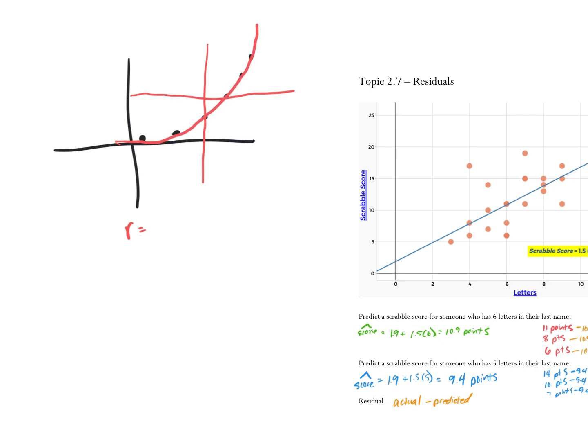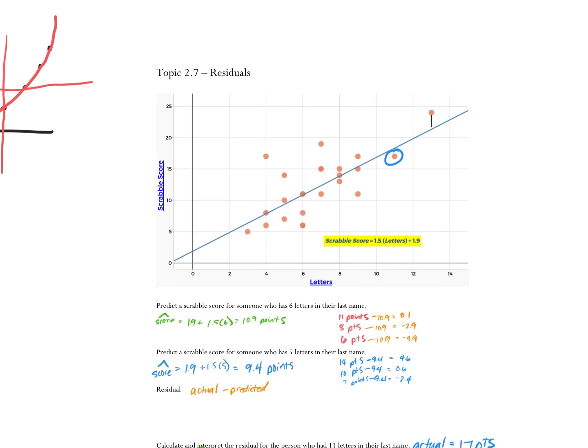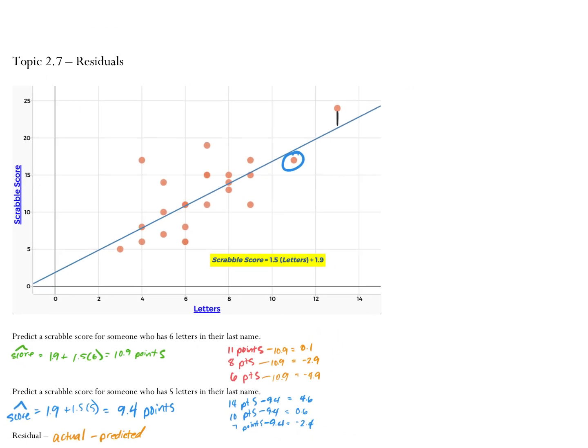Okay? All right. So R doesn't tell us if a model fits our equation. Because like R, this would still have a very strong positive R. It doesn't tell us that it fits the equation. It says if I made a line, the line would be decent. But the line isn't the best model, okay? So if we want to decide, is a model an appropriate model, we're going to look at a graph called a residual plot, okay? So if I were to make a residual plot of this particular data set,